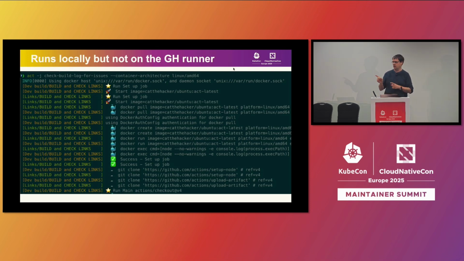Has anybody here used it? How's your experience? Good, bad, medium? Medium, yeah. I would love to hear from anybody who says, hey, I have figured out how to use this, because it has a few issues. One is, I think you need to download a 75 gigabytes GitHub runner image, which, depending on your machine and your setup, is something very excessive. And then there's some trimmed down versions, which brings you back to the thing you wanted to solve.